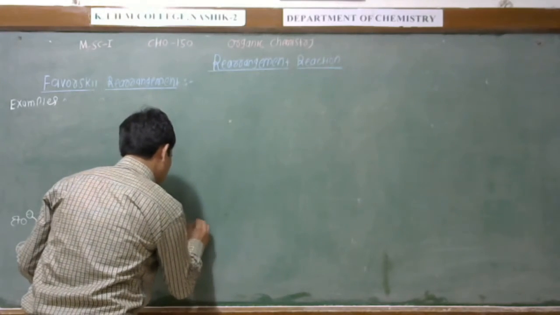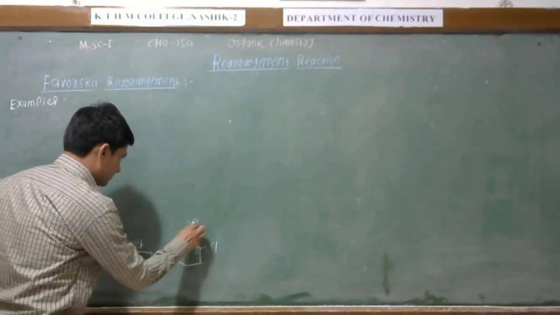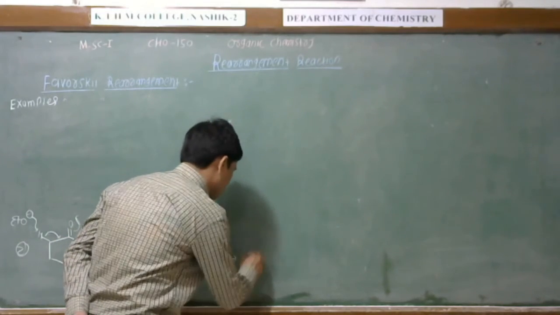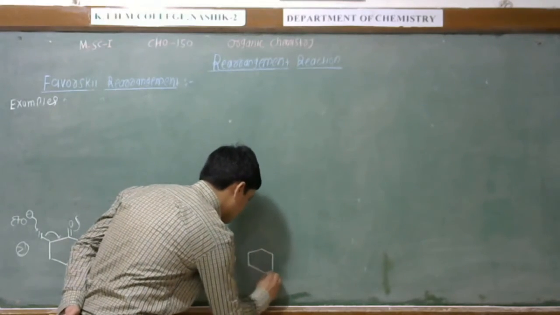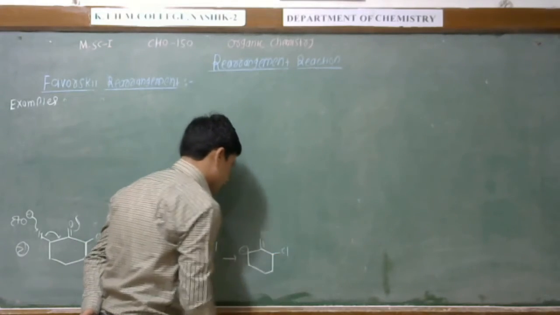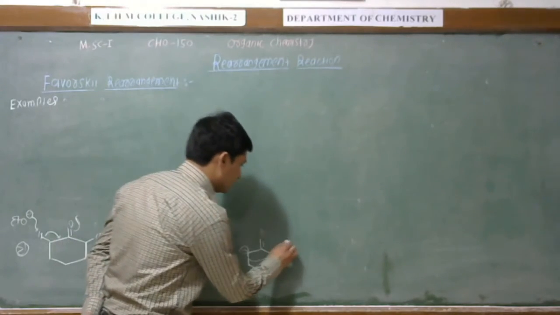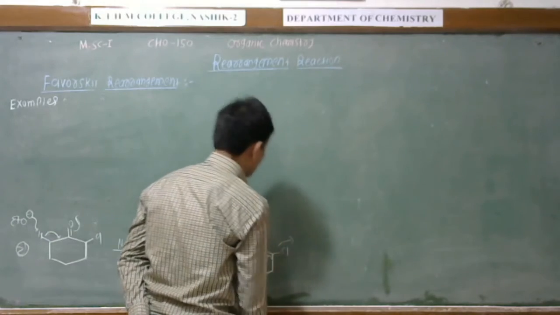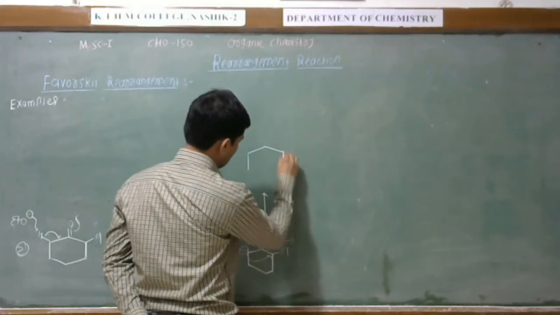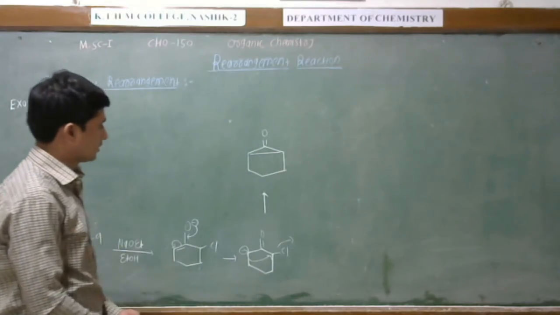This is O minus here, this is the double bond here, and this is the Cl here. Again, this bond opens here, and there is a formation of negative charge on the ortho position, and you can write this structure like this. This is the negative charge, this is the carbanion, this is the double bond O, and this is Cl. Now this negative charge will attack here, and this Cl will be removed, and there is a formation of cyclopropanone ring.